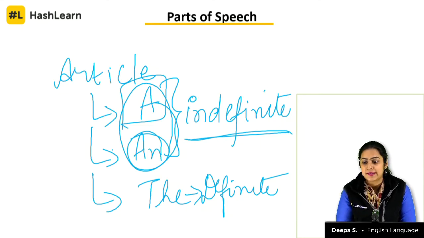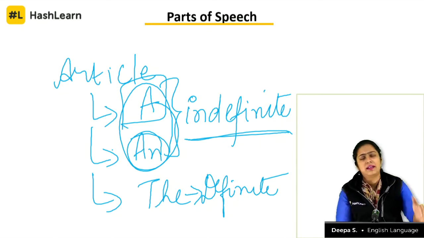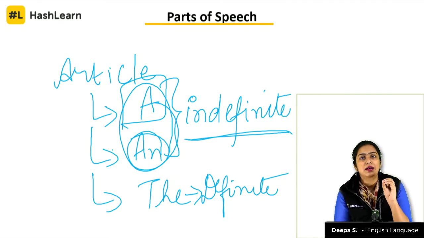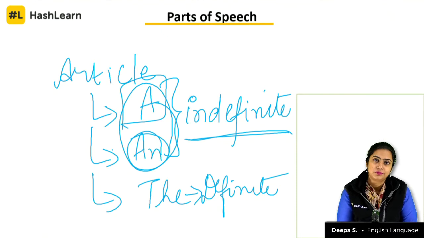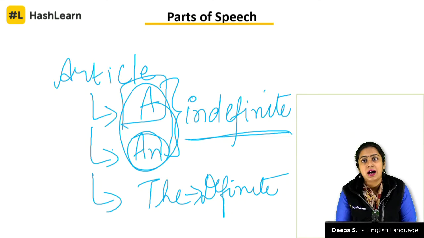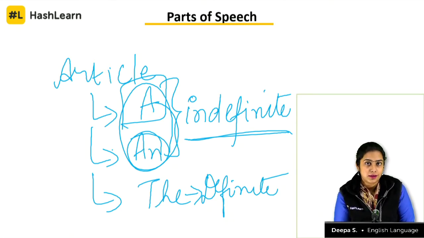For example, I might say, hey, go to the supermarket and buy me a bottle, or I can say, go to the store and pick up an umbrella. In these two cases, the umbrella and the bottle are very indefinite. I don't know which bottle I am trying to pick, or there is no consensus on the identification of the bottle or the umbrella. Correct? In that case, we use indefinite articles.